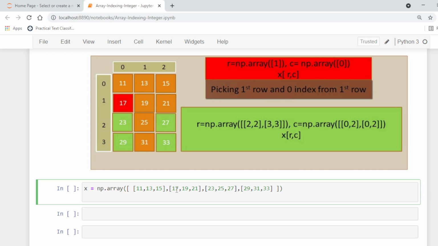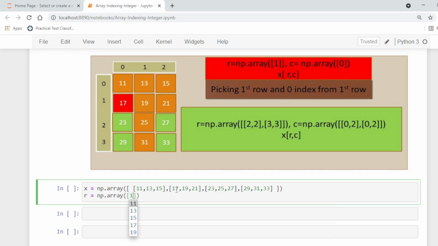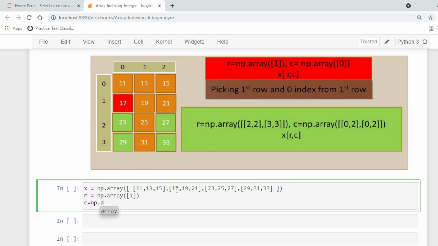Now we specify the row, for example, np.array with only one element, and the column, np.array with this.